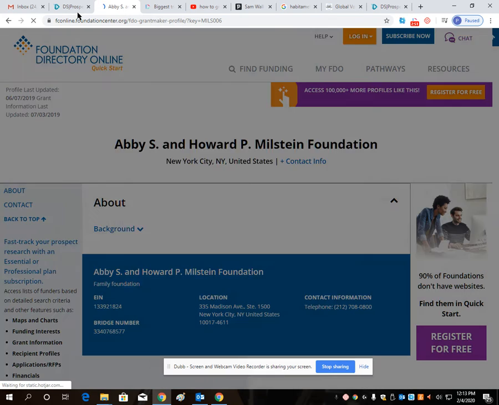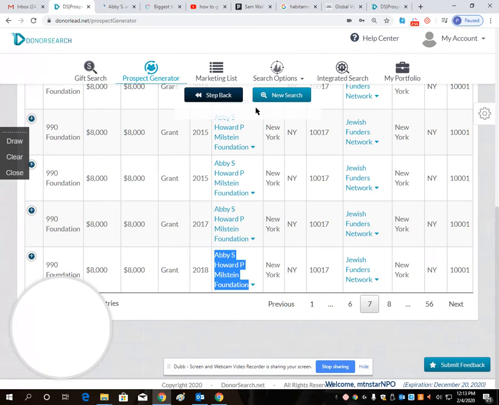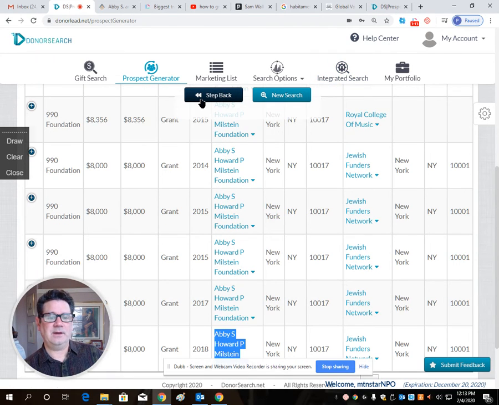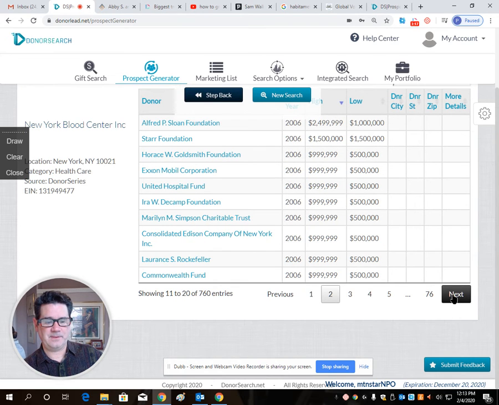Just go back to the tool. I find out that this person's on the board. Then I go to integrated search and pull that person up. So I know that if they're on the board here or they're through the website, I can see their foundation, that they're on this particular board in this particular state, which means they pretty much live there. Then I go to integrated search and I look them up. Let's go back, look at another one.